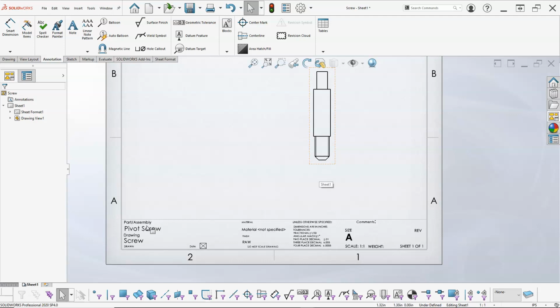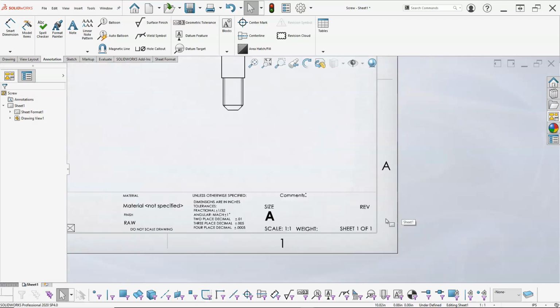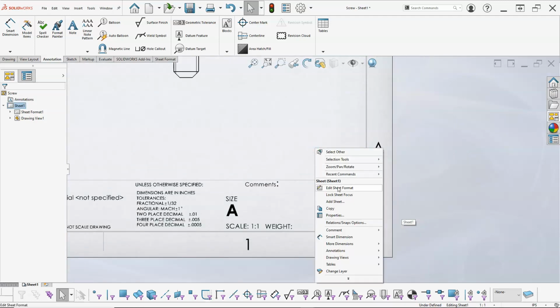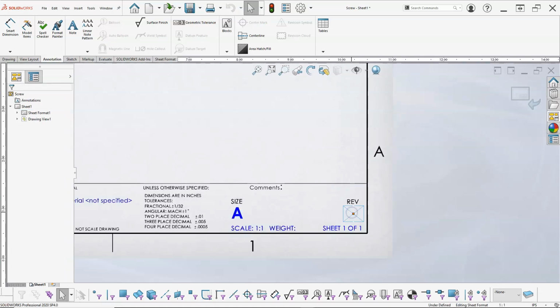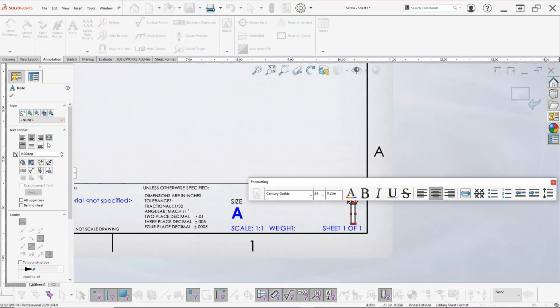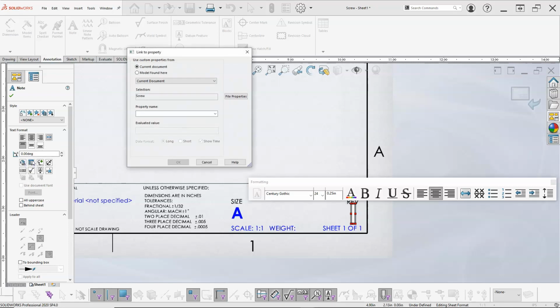If I notice that the description came in and the drawing is showing up, but I don't have the part name specifically, the material and raw is showing up, and then I need to actually activate for the rev since it's not in there. So if I highlight, and then we come over to link to property, so that middle button, model found here,